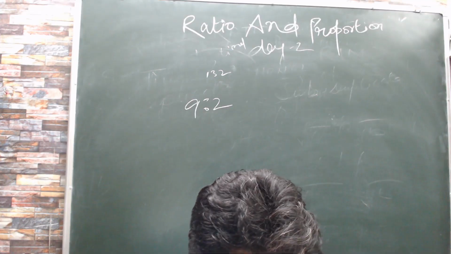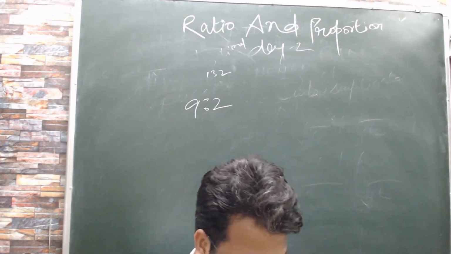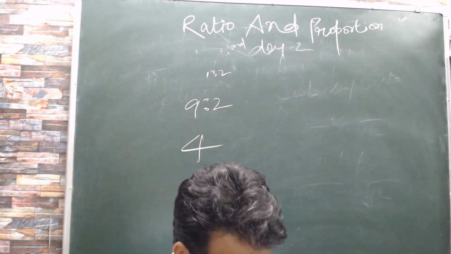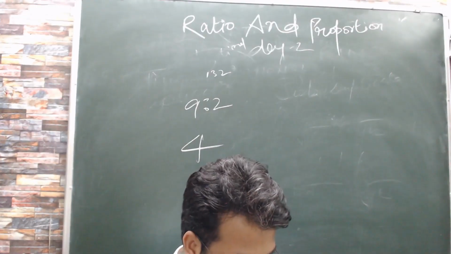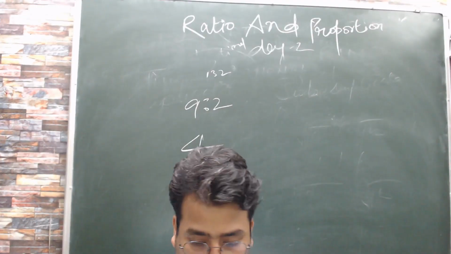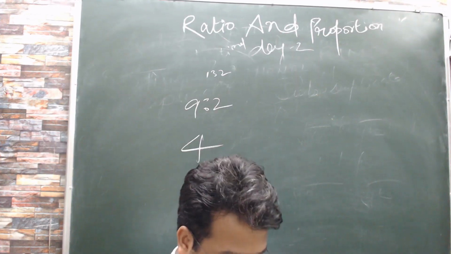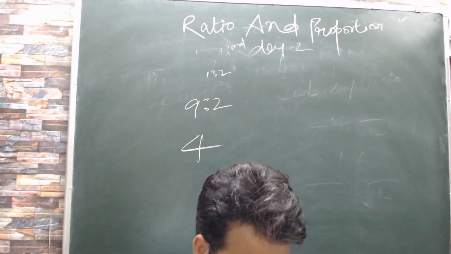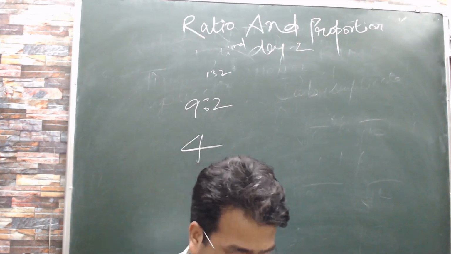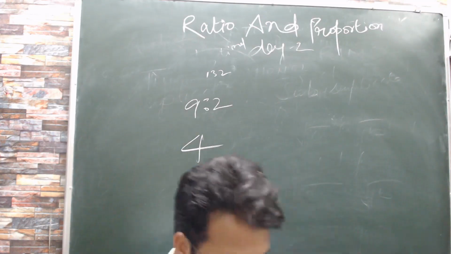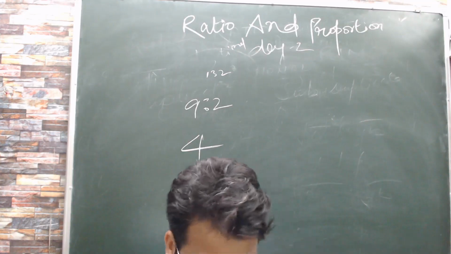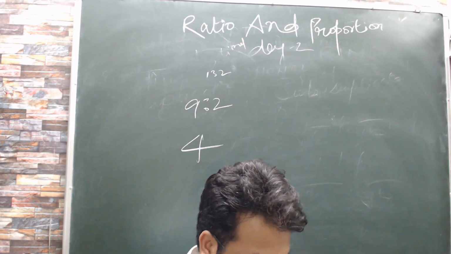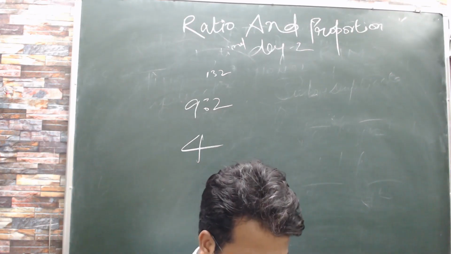Full stop. Had 4 more students passed, 4 means 4, then the ratio of successful to unsuccessful students would have been. Now listen again. Among 132 examinees of a certain school, the ratio of successful to unsuccessful students is 9:2. Full stop. Had 4 more students passed, then the ratio of successful to unsuccessful students